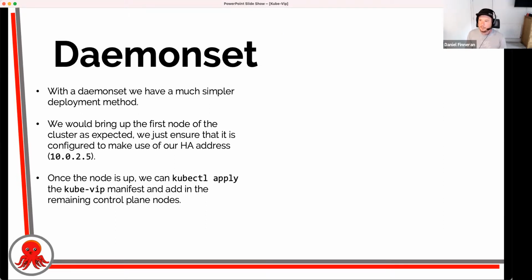With a DaemonSet, it's much easier. But with a DaemonSet, we can't do kubeadm init. So for a DaemonSet, you would do that when looking at things like K3s. That has a different way of bringing up nodes and things like that. It doesn't have that check for being able to speak to the control plane VIP at that time.